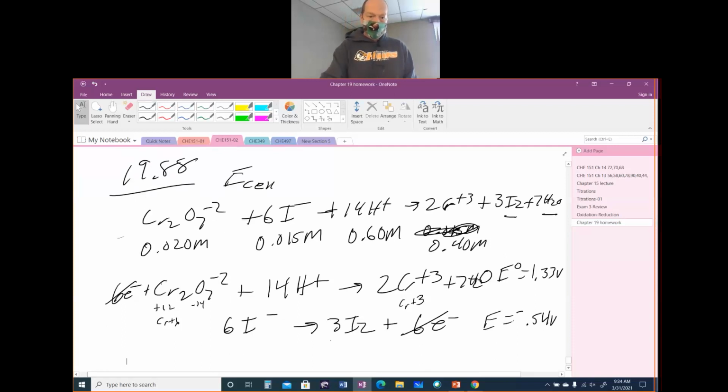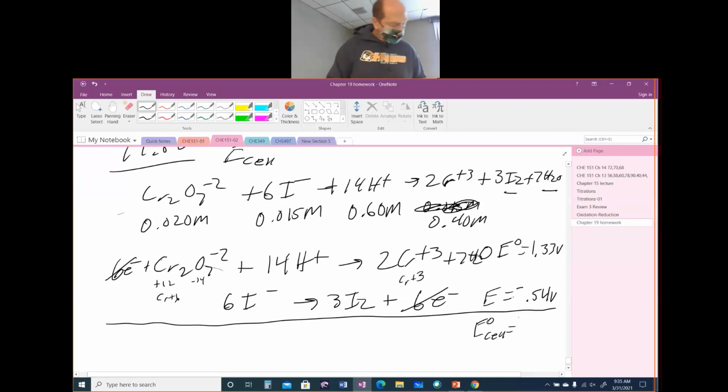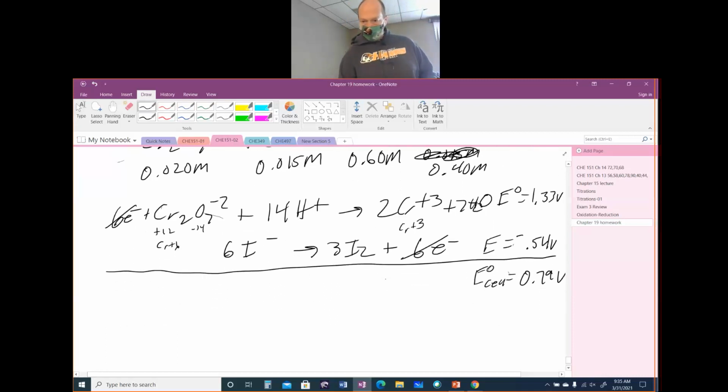All right, so then you add those up to get your E naught cell, to put in your Nernst equation. All right, and that is 0.79 volts. All right, so it is spontaneous. We know that you're going to have a very large K value. All right, so we know that this is a spontaneous reaction. Anytime you have a positive E, you have a negative delta G. All right, but we need to find the E cell value. We have the E naught cell value. We just calculated that. Minus